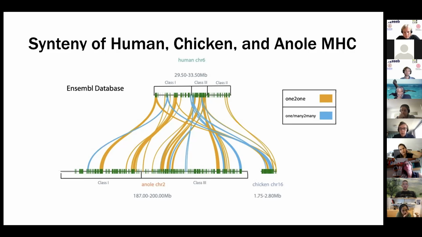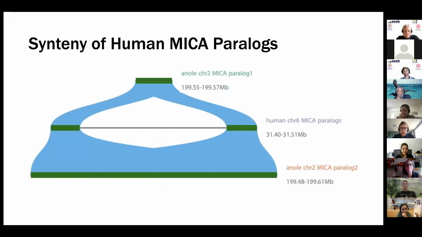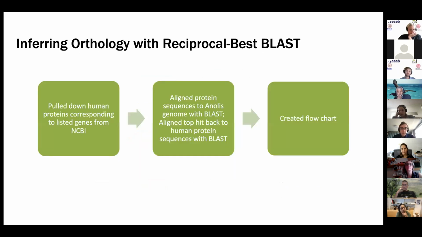So you see a good amount of one-to-one orthologs, but you also see a lot of one-to-many or many-to-many relationships. What that looks like, if we zoom in on one example, is for this gene called MIC-A: anole has 2 copies of it, human has 2 copies, and Ensembl is unable to resolve which paralog corresponds to which paralog. So to try to refine this analysis to see if we could resolve that, we conducted a